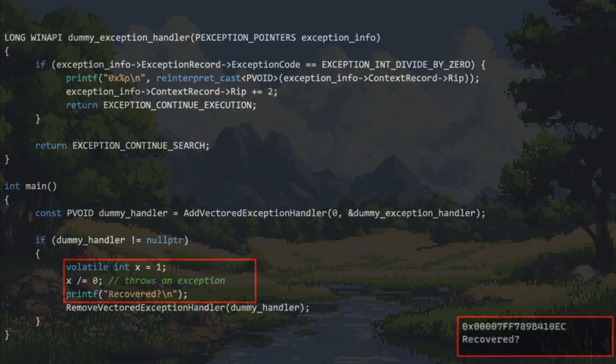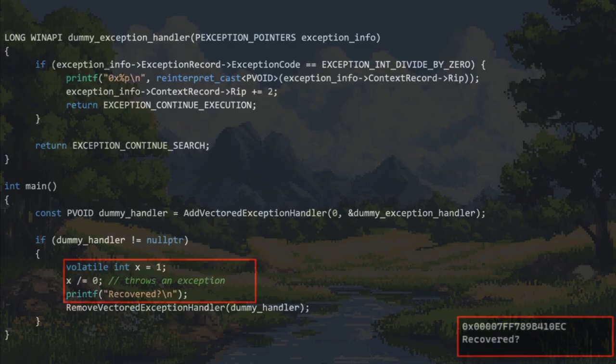The second parameter is the address of our exception handler, which in this case is the dummy exception handler, and this handler receives a pointer to exception pointers, which is essentially a bunch of exception information. So when an exception does occur,